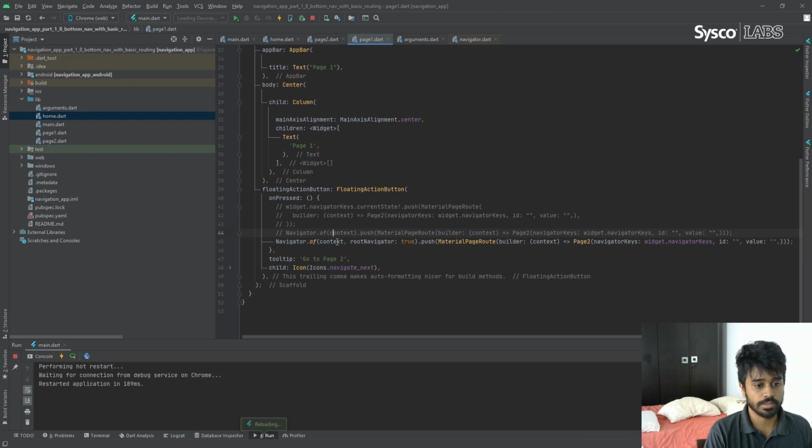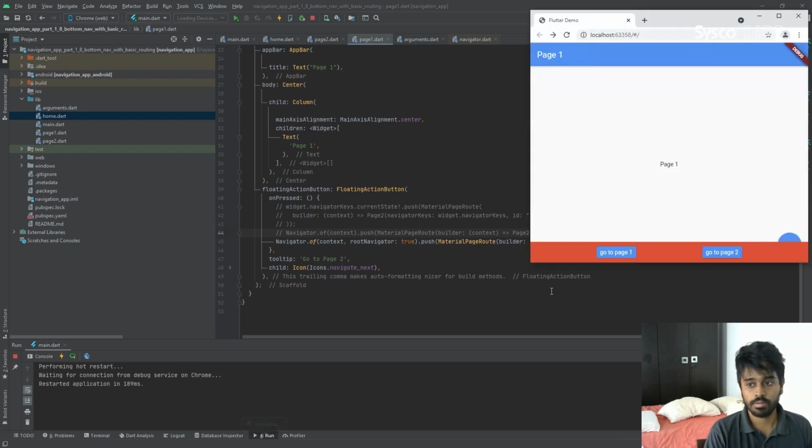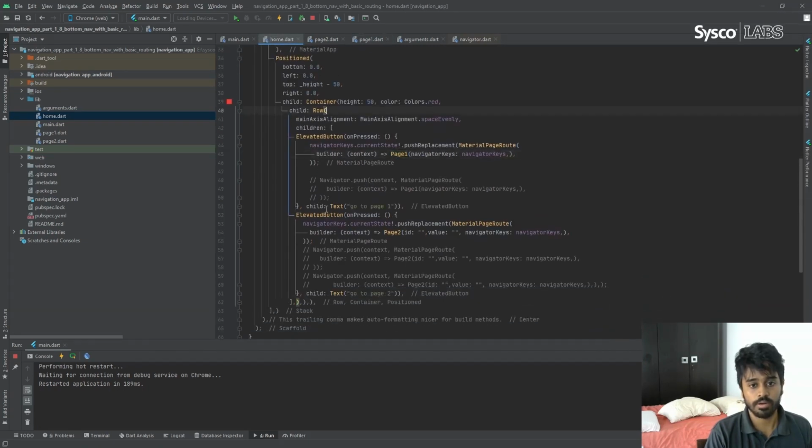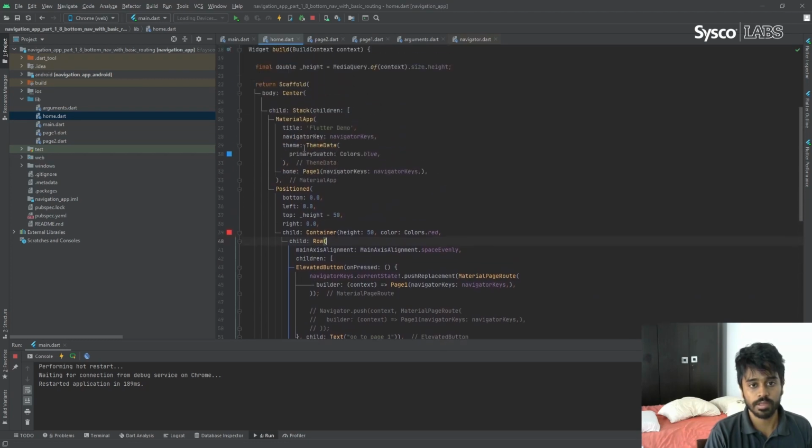Let's see the application running now. So we have the floating action button here. When you press it, now it replaces the whole thing along with the bottom navigation bar. And why is this floating action button underneath the bottom navigation bar? I have put it here to show you that since we are using the stack widget here, we are drawing on top of this material application.